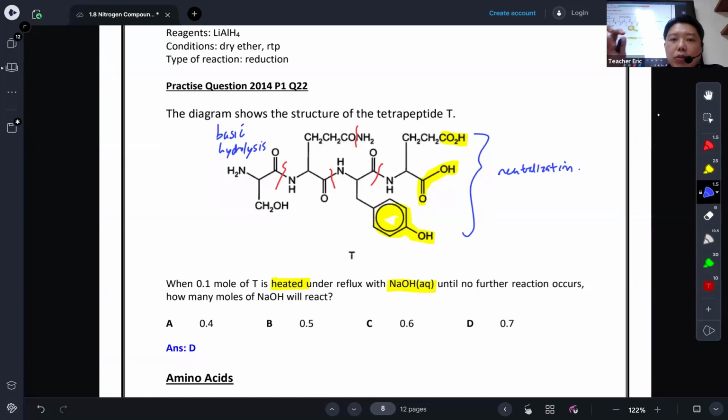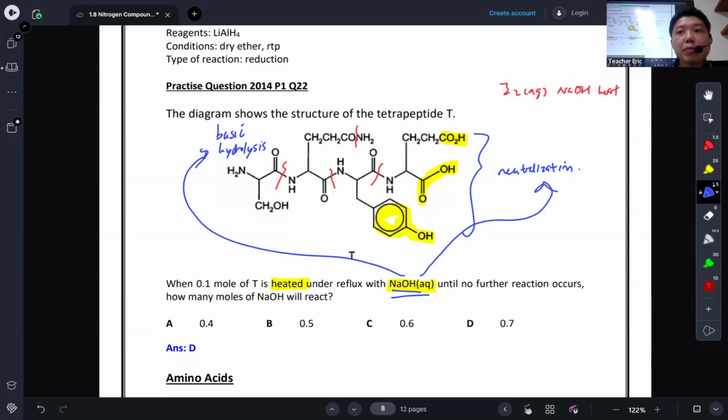Do remember when you are heating with NaOH, you need to consider two things: hydrolysis and also neutralization. Once you have these, remember this is the haloform test. So if you have the special structure, it will react. But these two things will also need to account for basic hydrolysis